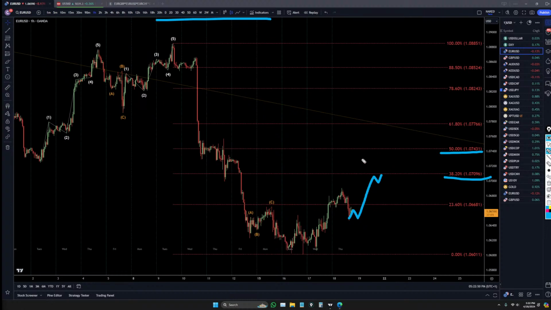Then when I think that the wave C is over, I will get out, and I have a way of knowing when the wave C is over, and I will teach you how to know when a trend is over also. But if I see a Fibonacci bounce, I see a break of structure, then that would be the end of a correction, and I would exit my long and I would go short. So I'm looking for a long, and then I'm looking for a short. We're going to play the thing in both directions, hopefully.